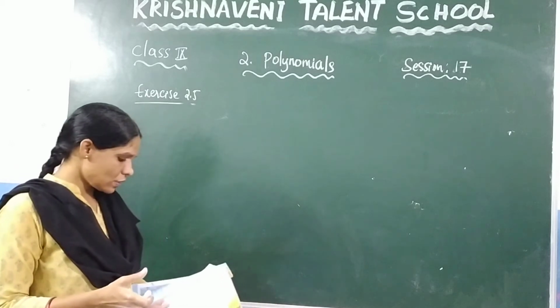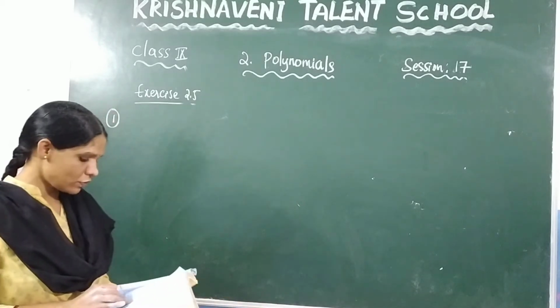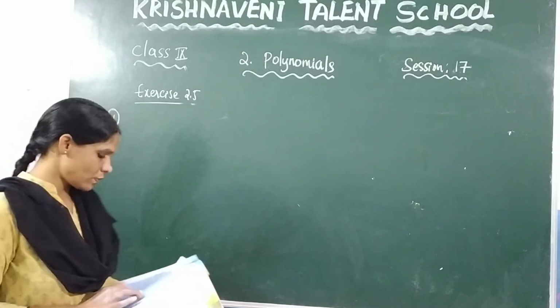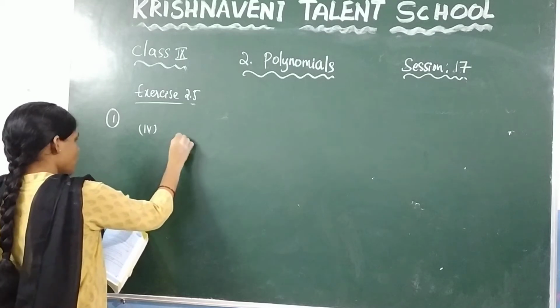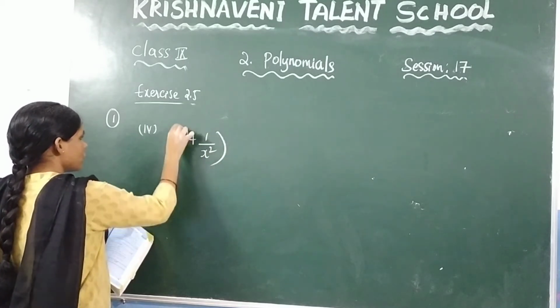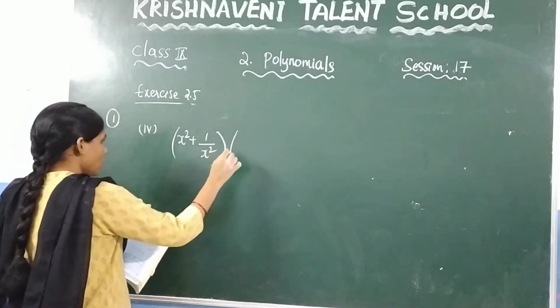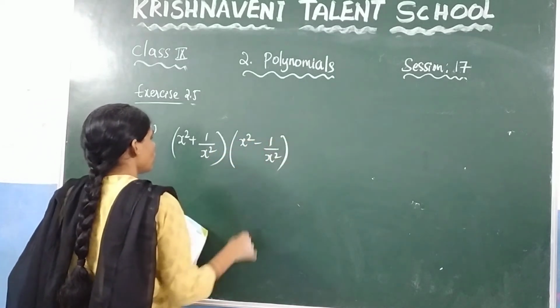The same thing, similar to that problem, they have given the fourth one, and by solving the fourth one, you can do the third one. So here, the fourth one, what is the question given here? (x² + 1/x²)(x² - 1/x²). So it is in the form